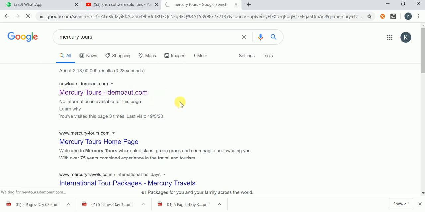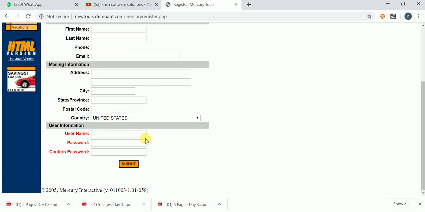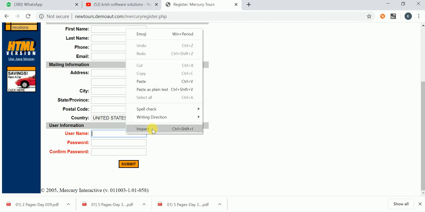It is opening the site. If you know XPath, you will be able to identify any element in your application. Wherever it is not identifying, we can try with other options also, but I am sure that each and every element you can identify by using XPath. I have done one video on XPath also, please go through it. In this video we are fully concentrating on the CSS selector side.